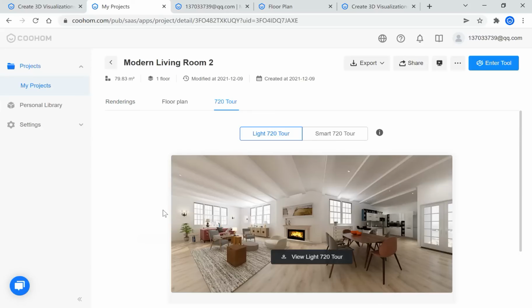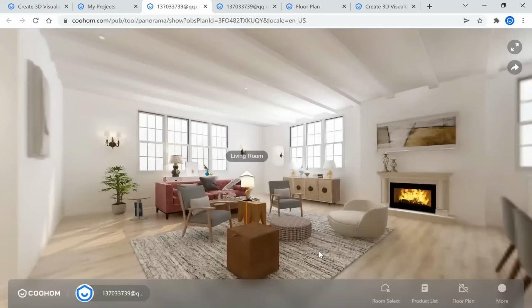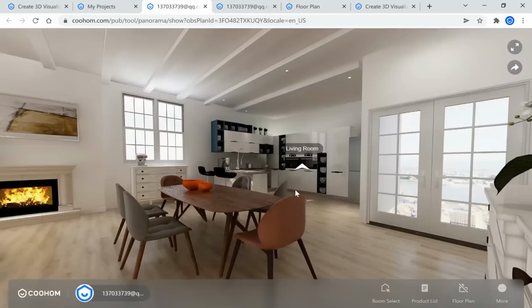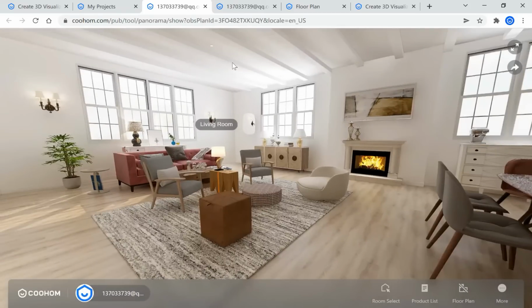This is a very interactive way to illustrate your project to your colleagues or your clients, to generate your whole project with one link to share with them. So here you actually can see